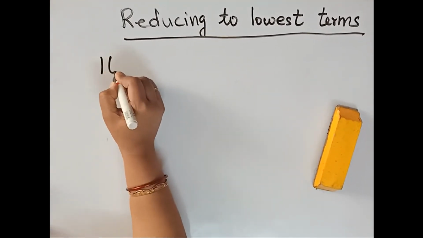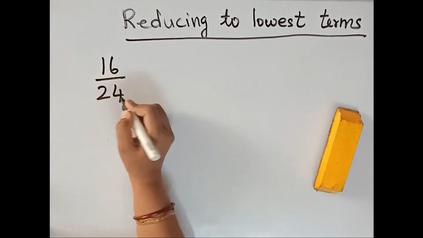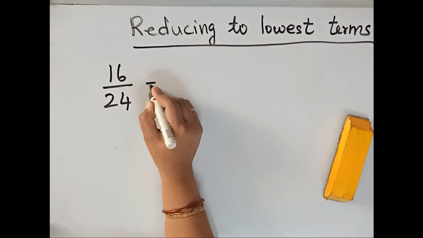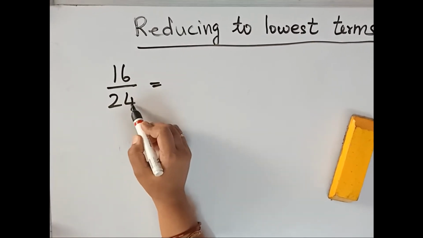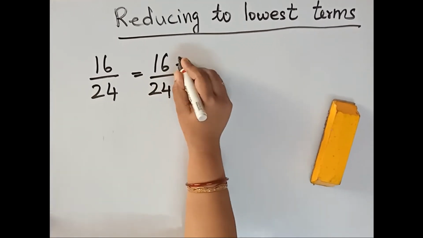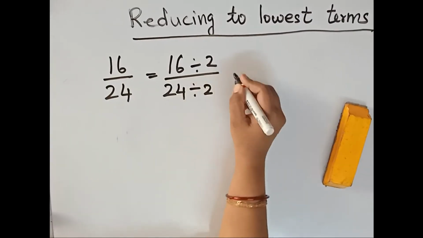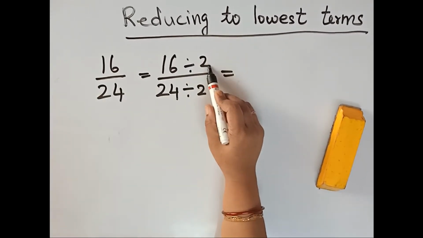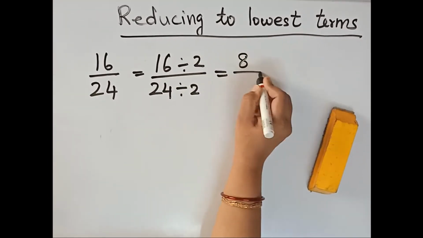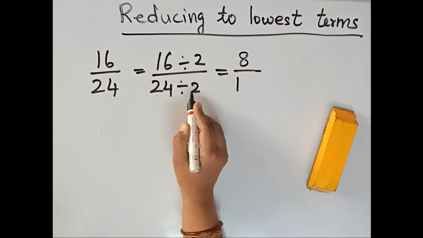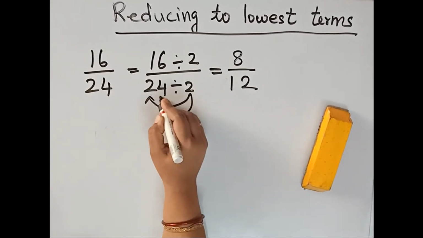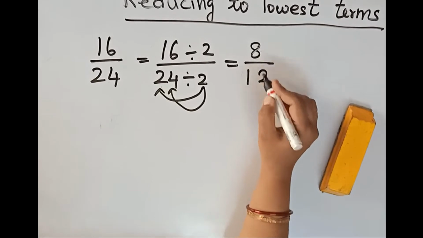16. I am taking first a small 2-digit number. Later on we will take a 3-digit number. Now 16 by 24. Again 16 and 24, 6 and 4, so it may divide by 2. So children, we write 16 divide by 2, 24 divide by 2. Same number you have to take in the numerator as well as in the denominator. So 2 8s are 16, 2 1s are 2, 2 2s are 4. Now we got 8 by 12.